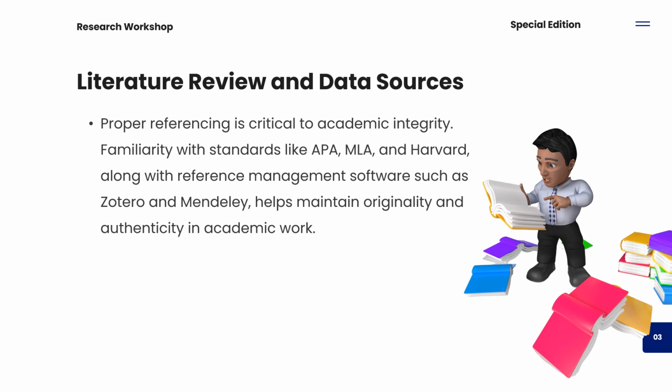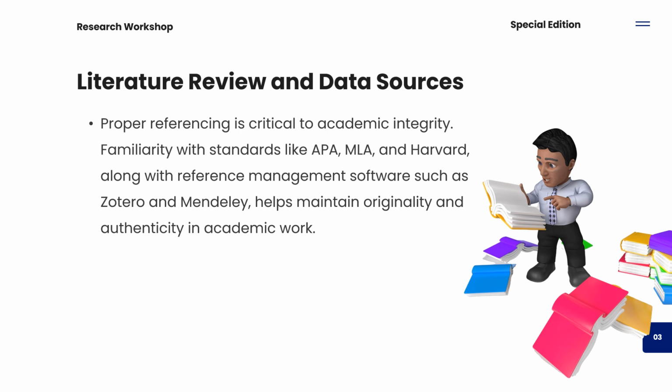Then the next thing you want to do is to ensure academic integrity. There is something you are supposed to be signing every time you write your research work, which is a plagiarism agreement. You have to be sure that this work is actually your original work, not one that you went and copied and pasted, or you paid someone to do for you. No, this is your original work. This is your intellectual property. This is original. And a way to go about that is to ensure that you do proper referencing.